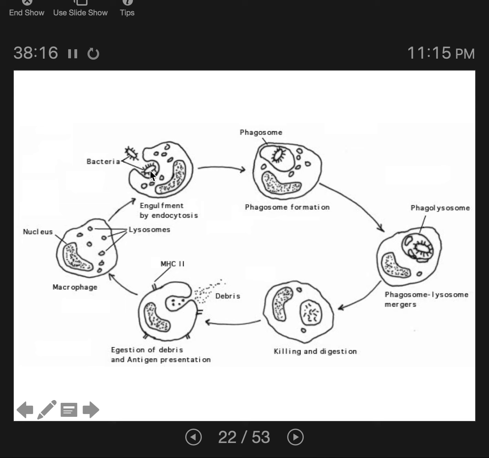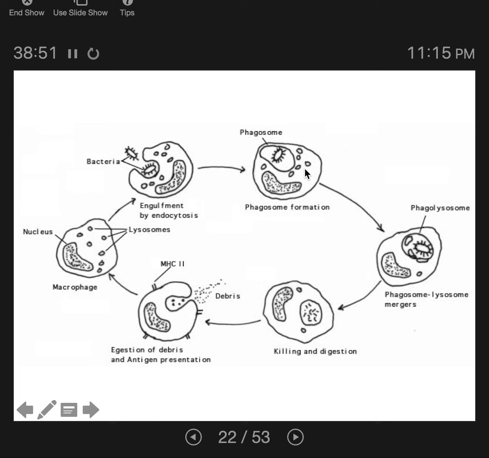So you have bacteria that bind to receptors on the white blood cell, on the phagocyte. That stimulates these pseudopodia, or false feet, to reach around and engulf the bacteria into what we call a phagosome. The phagosome is just the food vacuole where you find the pathogen now. The phagosome is going to fuse with lysosomes. Remember lysosomes from the cell anatomy chapter? Those are the digestive organelles. They're little tiny vesicles that are filled with digestive enzymes.